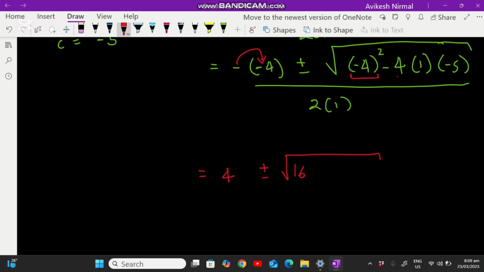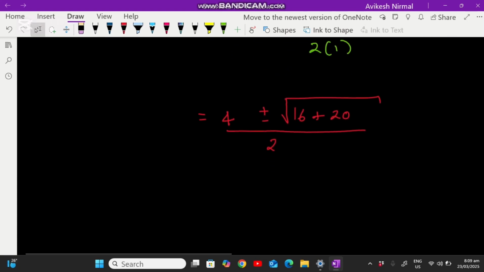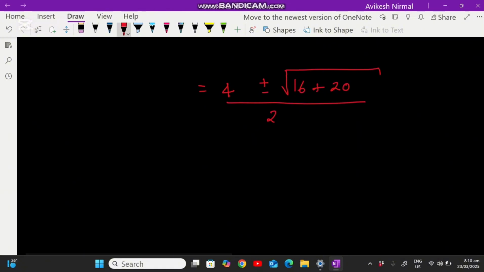Multiplying minus 4 times positive 1 is a minus 4, and then minus 4 times minus 5 is a positive 20, and this whole thing is divided by 2. So solving for this term now, 4 plus minus square root of 16 plus 20 is 36, and whole thing